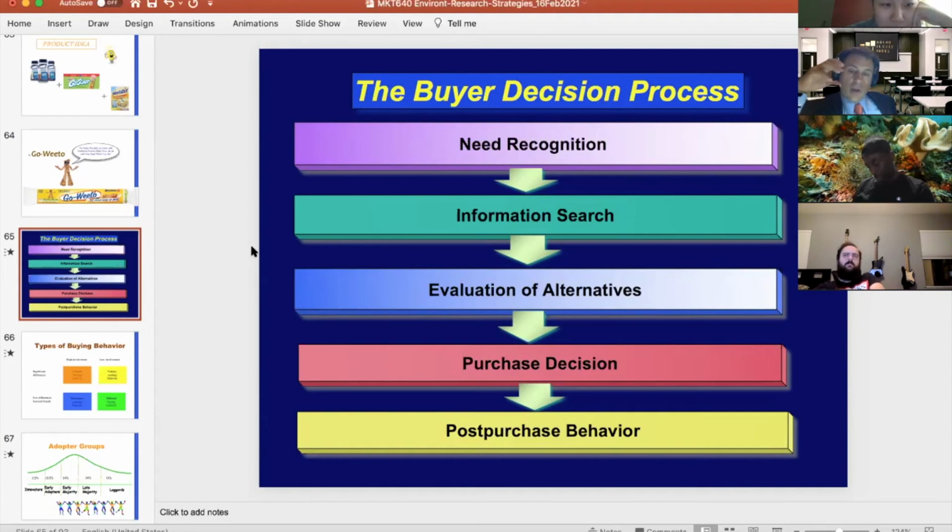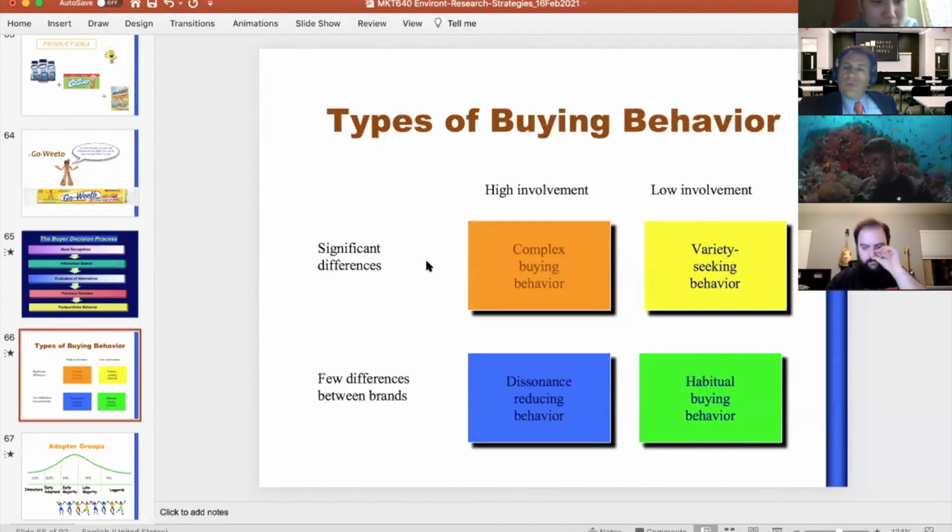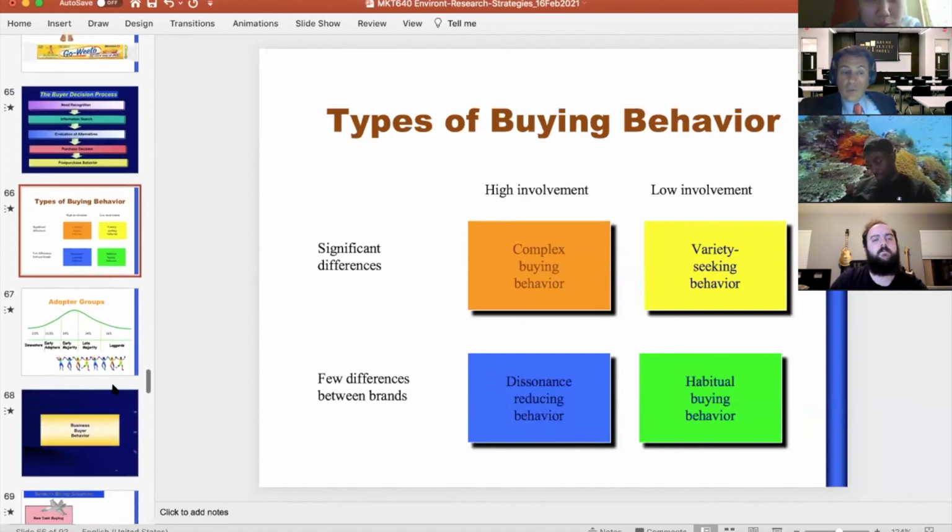So this decision process is very connected to the type of product. Not every time you look for information, because sometimes there's impulsive decision making, and sometimes there's also heuristic, where people only use one criteria for making a decision. Is it the cheapest one? Is it the most famous one? So people can make quick decisions that way. There's 4 types of buying behavior. I won't go into much detail because I've already explained, depending if you're high involvement, low involvement. And so the less people know, the more differences there is, the more the decision making is complex.